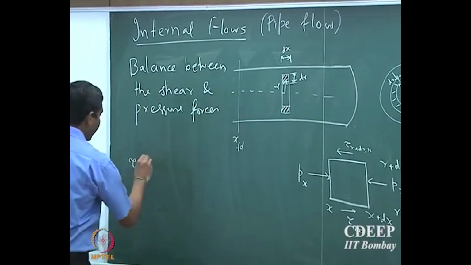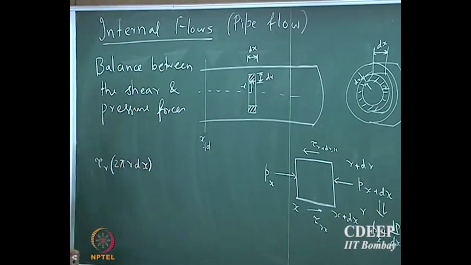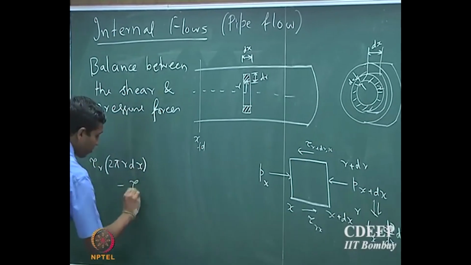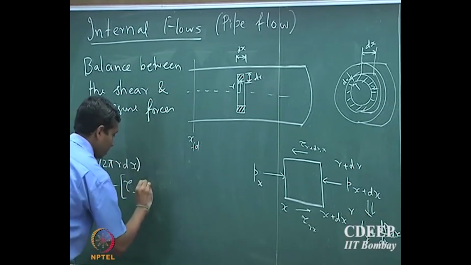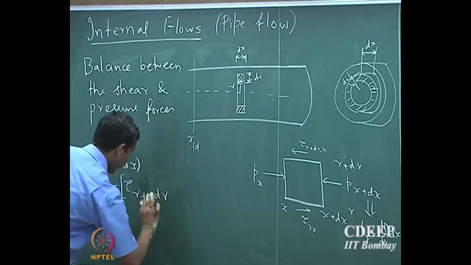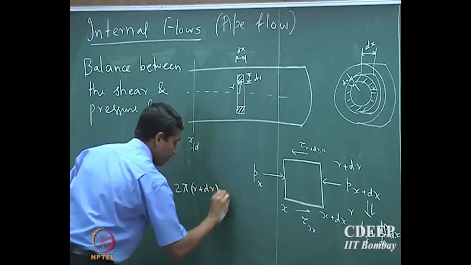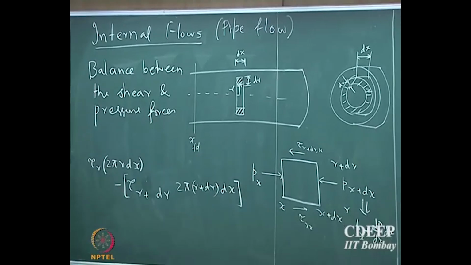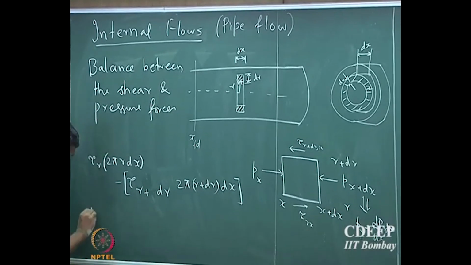So the area in which tau r is acting is 2 pi r into dx, minus tau at r plus dr, which acts on 2 pi r plus dr into dx. So that's the shear at the outer end of the shell,